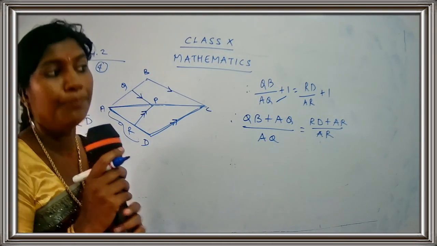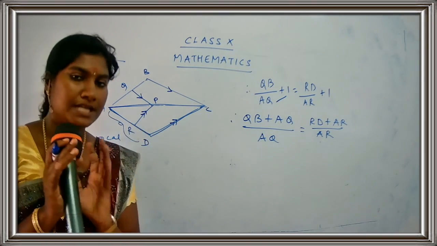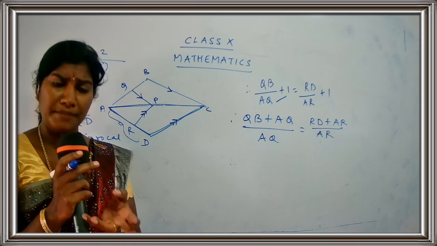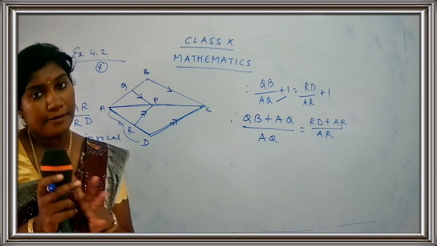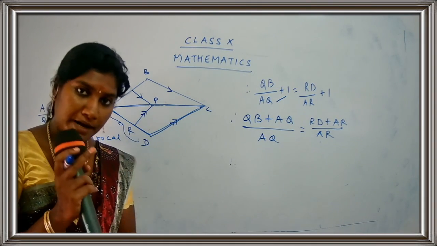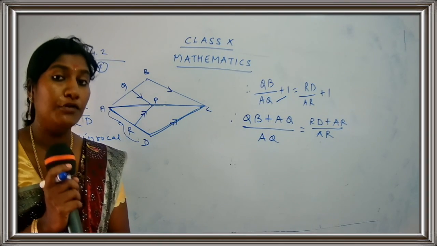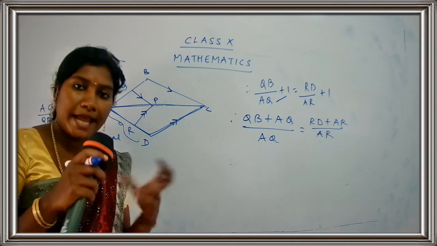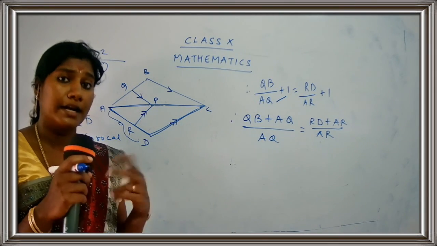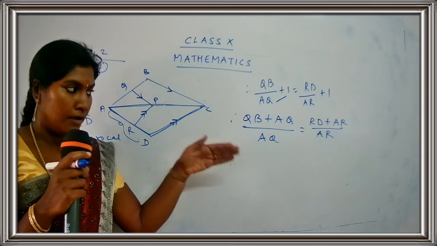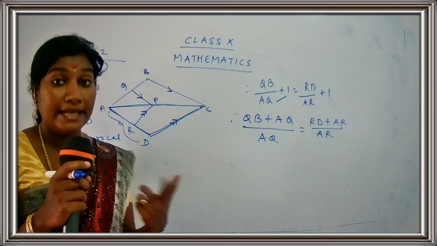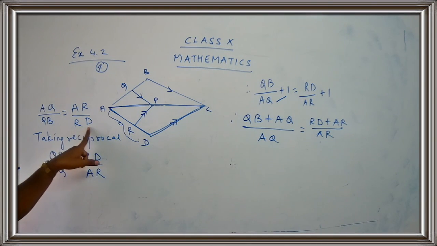So do not get confused with the sum. Here we started with the proof and they have given us 2 parts. So we just applied the basic proportionality theorem, and when we applied it, we got the second part first. So that's not a matter. Once you get the second part, you have to check whether you have to take the same ratio for the proof of the second part or you have to take the reciprocal of it. So we checked by the same ratio, so we were not able to get the answer. So what we are doing here? We are taking the reciprocal of it. So this was the proof part.